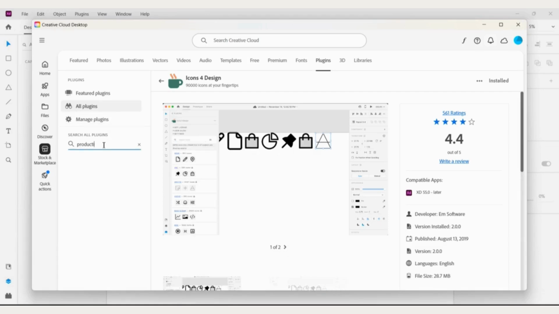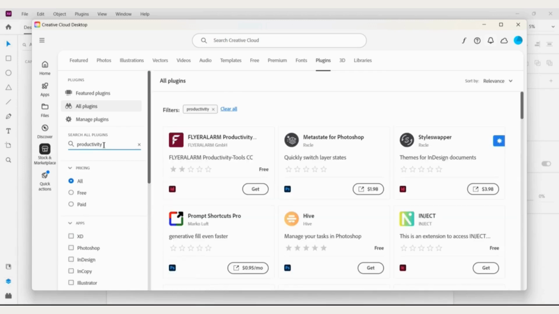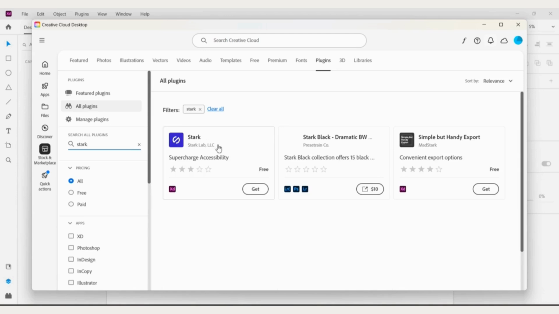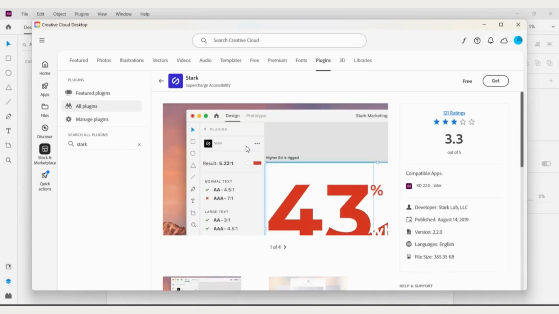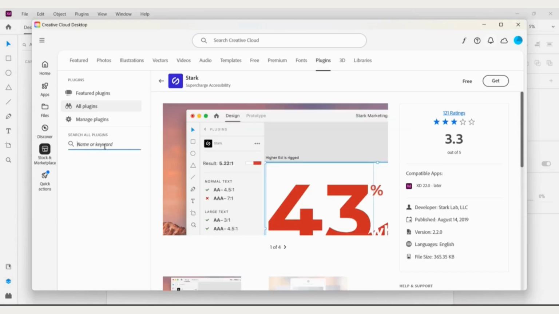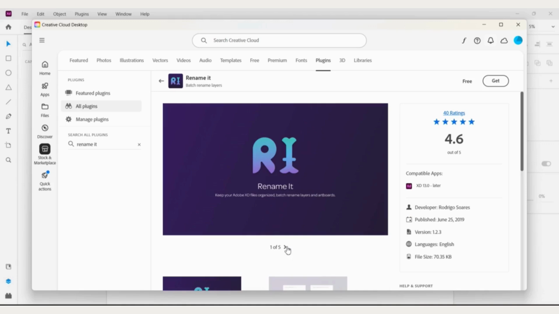The second one is productivity plugins. If you want to save time, productivity plugins are a must. Stark is a great tool for checking the accessibility of your designs, ensuring that your text contrasts properly and that your design is usable for everyone. Another productivity plugin is Rename It, which lets you quickly rename layers in bulk, helping you stay organized while working